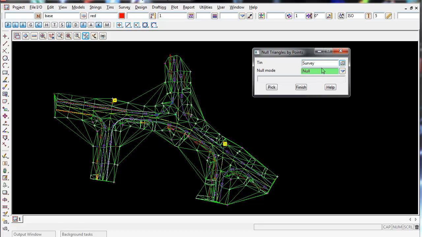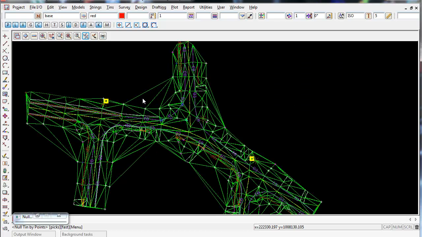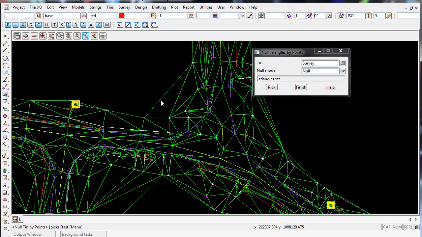Null means that the triangles will disappear. They're not fully deleted from 12D, they're just hidden and not included in the triangulation. We can get them back later and I'll show you how to do that. So all you do is left click on pick and select anywhere in the middle of the triangle you want to delete. So I want to null this triangle here. If I left click in the middle somewhere and accept, it nulls it and makes it disappear,